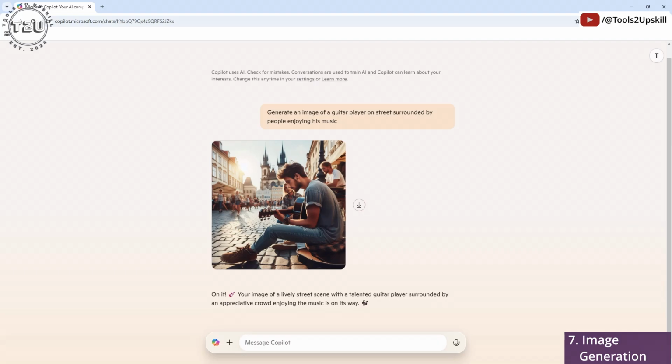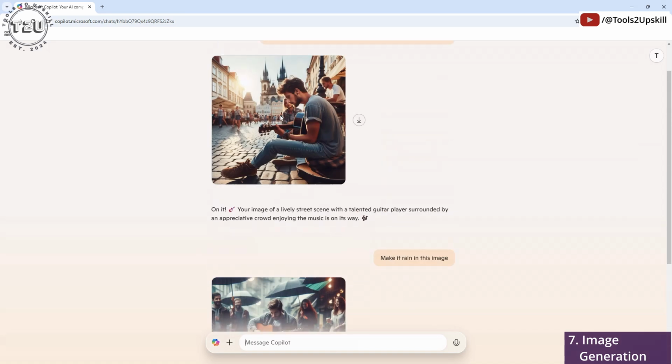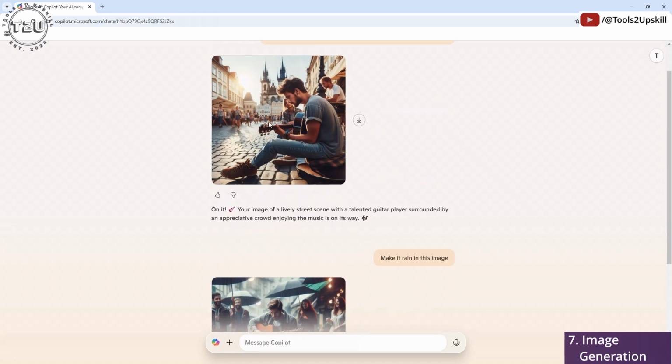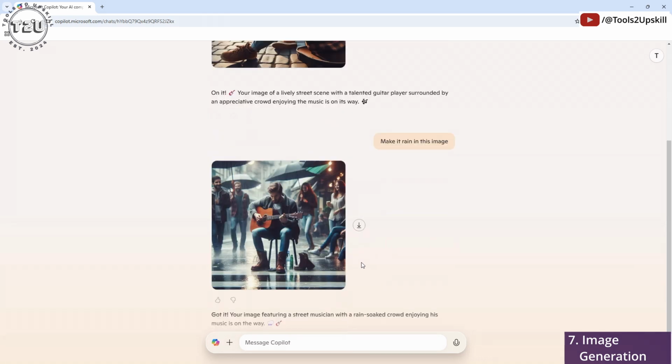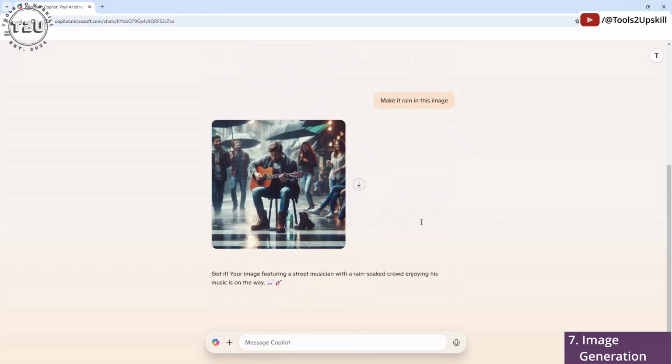Is it possible to edit an image using a corresponding prompt? Let's try that. Make it rain in this image. Copilot will try to create an image where it is also raining. What I want to see is, is it a new image or a modification of the same image? No, it is actually a new image. So Copilot did not take the same image and modify it. It has actually modified the prompt which we had written here and just added rain to it